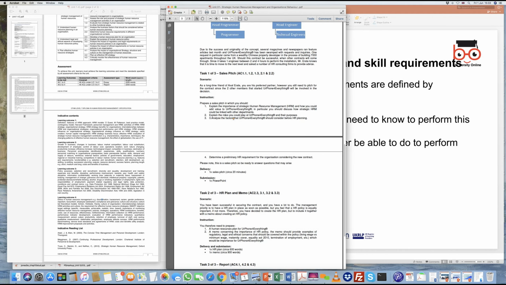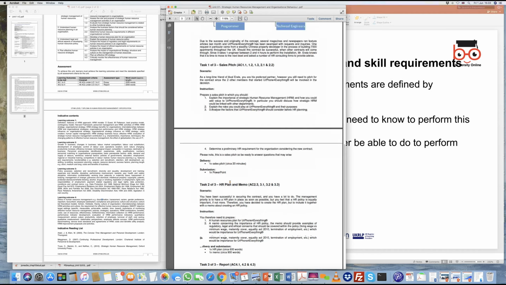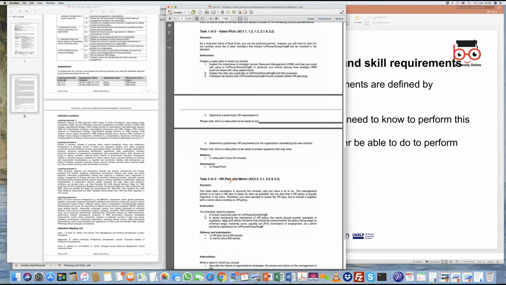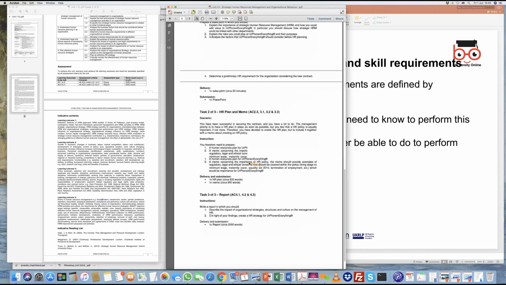How would you look at resource planning for this company? So this has to be delivered using a PowerPoint presentation. The second talks about you assuming a scenario again that you've been given a contract, and this contract has been given that your IT is to look at creating a plan for the growth of the organization. So once it has been sold to Apple, your idea is to create a new HR plan to ensure how the organization will grow. And here you have to accomplish these tasks by writing,